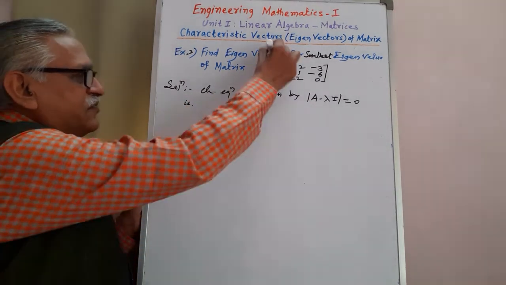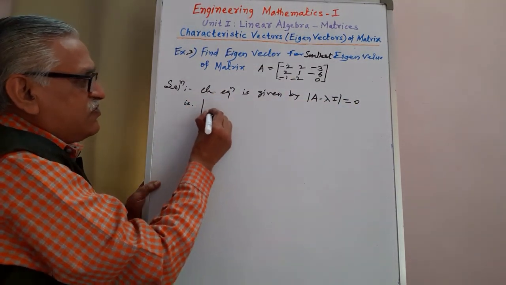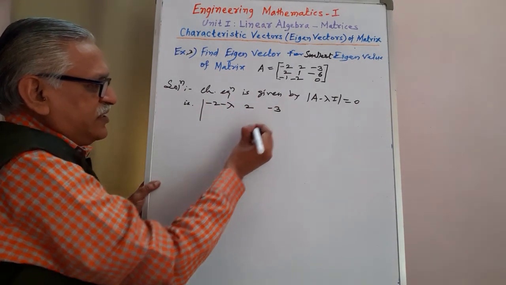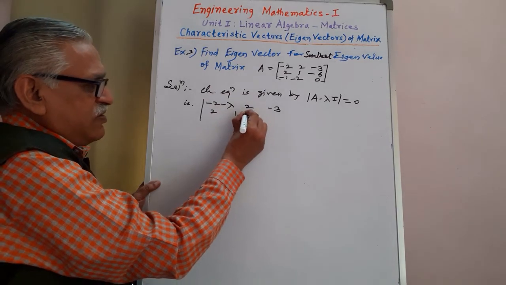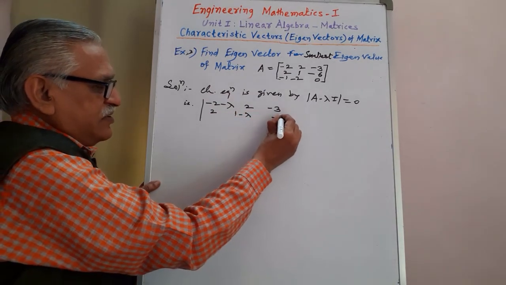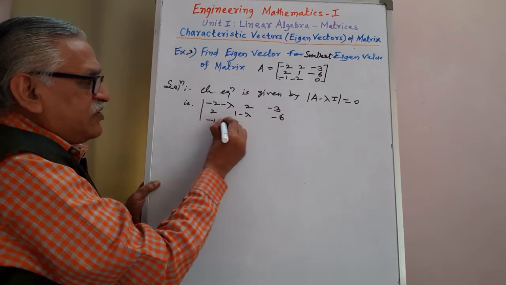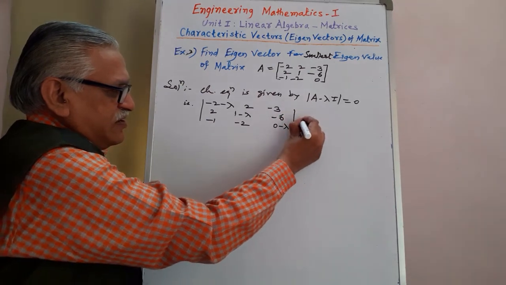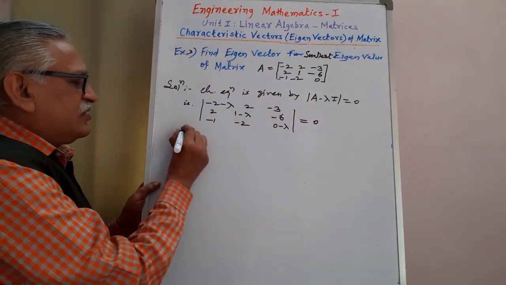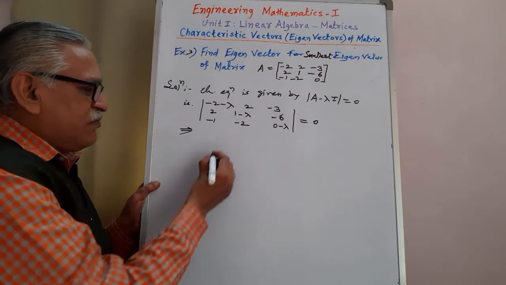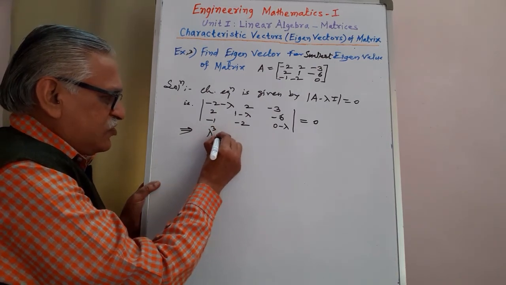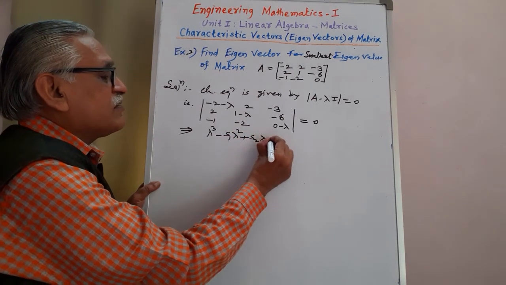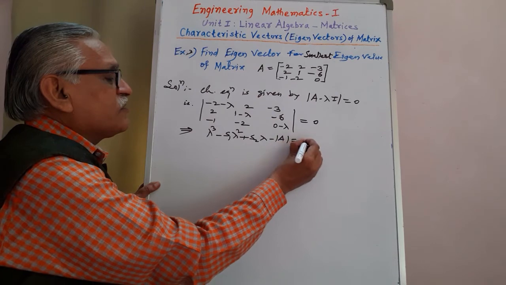It is nothing but subtracting lambda from the diagonal: minus 2 minus lambda, 2, minus 3, 2, 1 minus lambda, minus 6, minus 1, minus 2 and 0 minus lambda, equating it to 0. This we can obtain by the shortcut method, lambda cubed minus s1 lambda squared plus s2 lambda minus determinant of A equals 0,